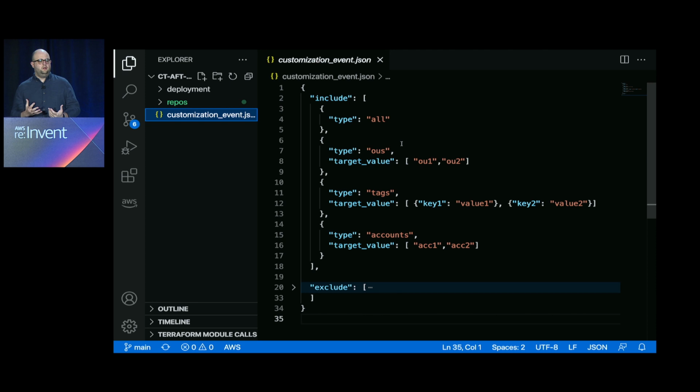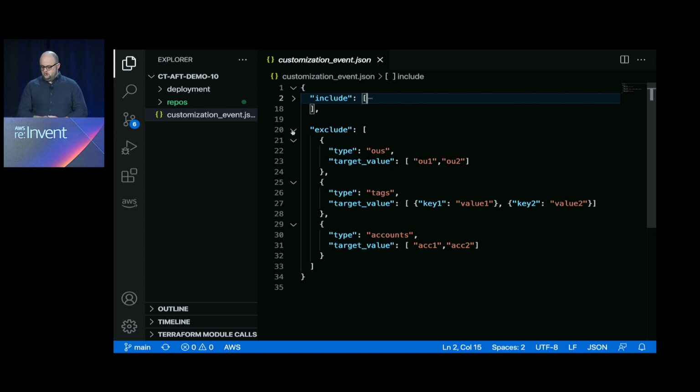Perhaps you want to recustomize a particular group. So your first option is to say, hey, let's recustomize all accounts. But more than likely, you may be targeting a particular OU. You may be targeting accounts with specific tags. Or you may be targeting specific account IDs. And you can use a combination of these to identify the ones that you want to recustomize.